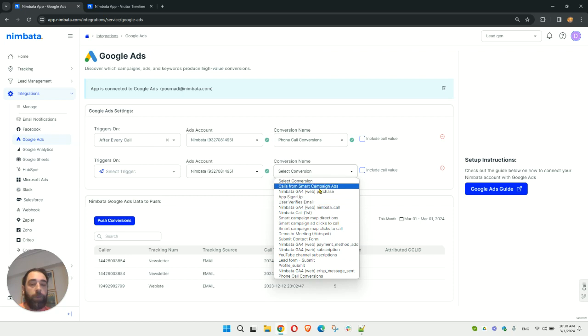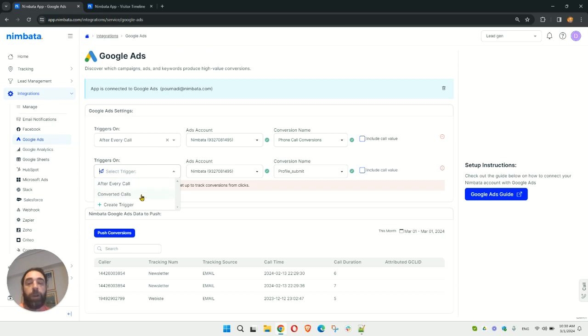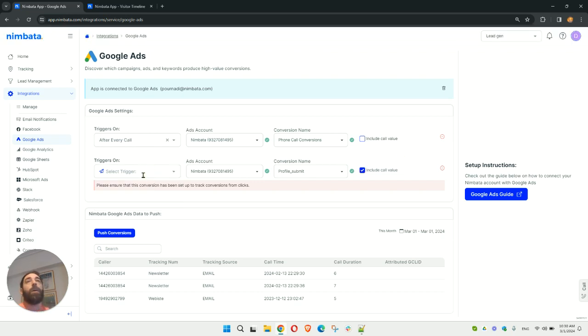So I haven't created this one. Let's use this one for the time being, but you can create a new trigger, and maybe it could be the converted calls one. So I can create a primary and a secondary conversion in Facebook. My primary conversion could be the converted calls, which already have the value, and I can include the call value. So essentially what Nimbata will do is it will go and grab, remember the automation rule we set up, it will automatically set up a value in my calls, and then I can set up a trigger here that whenever a value is present,